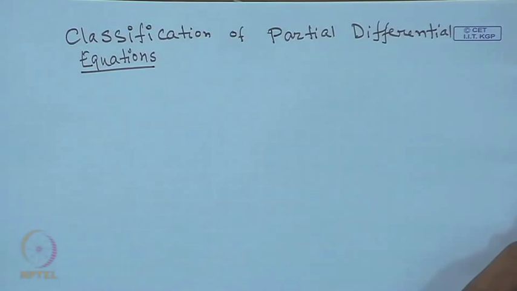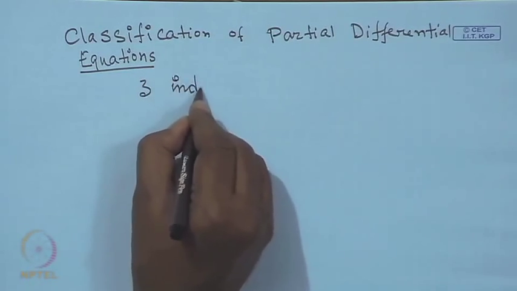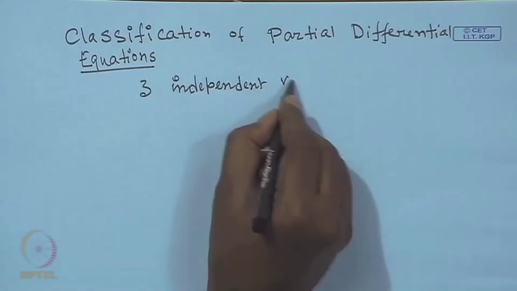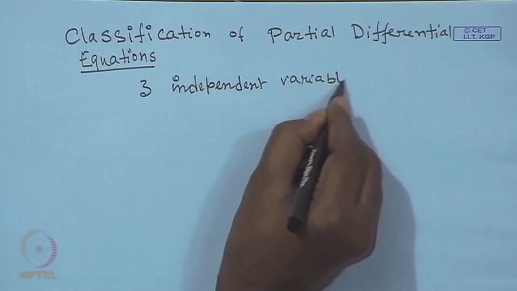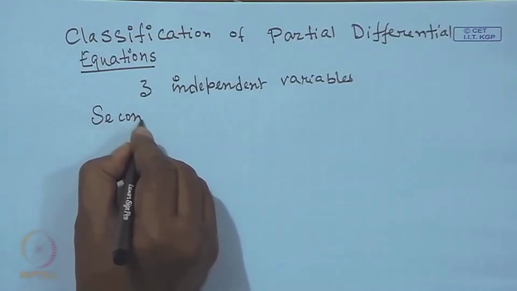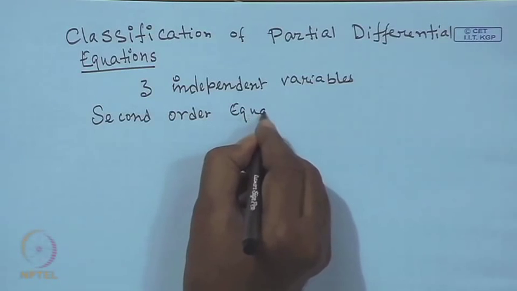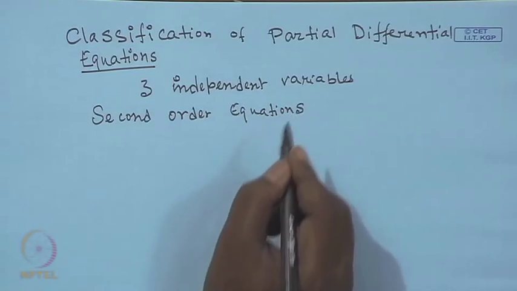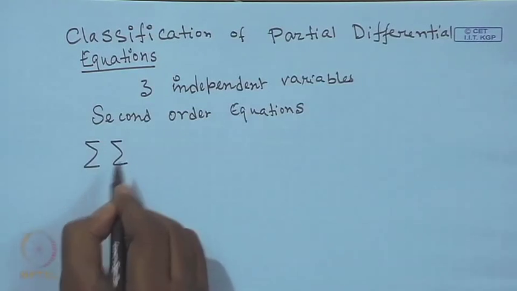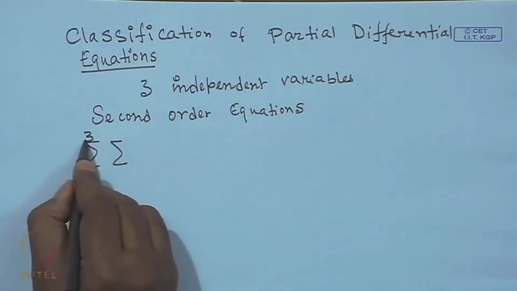Okay. So, we consider 3 independent variables, and consider the second order equation. Most of the chemical engineering applications you will be landing with the second order equations. So, the general form of the partial differential equation of second order for 3 independent variables can be written